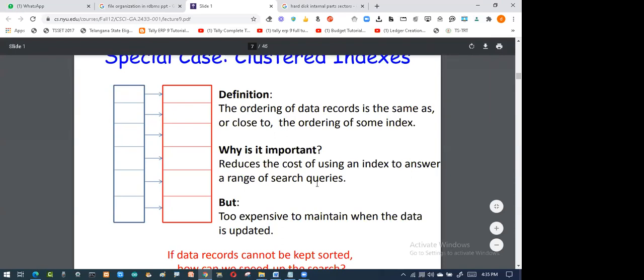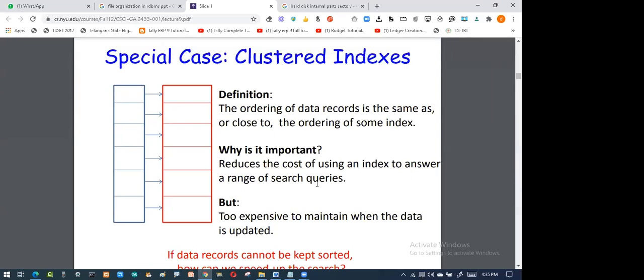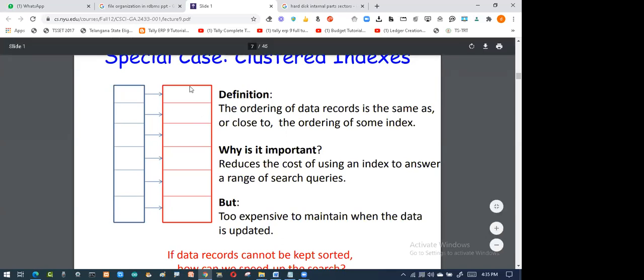Instead of asking a lot of questions, suppose I want to know about record 506. So 506 is in the first block. I will not search in the other boxes or other records, because 506 falls from 501 to 510. I will write 1 to 10 here, and that range falls under this block. If it is not here, then naturally it will not be available in the other boxes. So why should I waste my time? It avoids wasting time, and I search only in this particular area. So it reduces the cost of the index to answer range search queries.